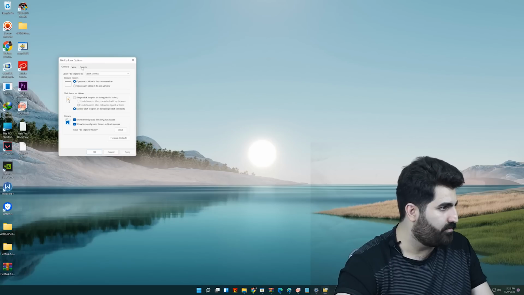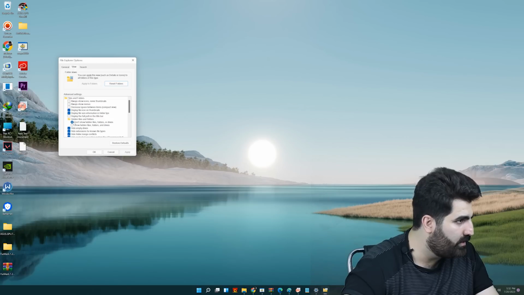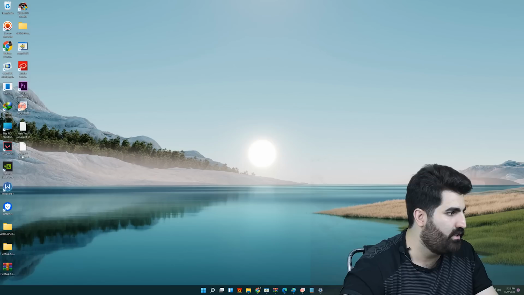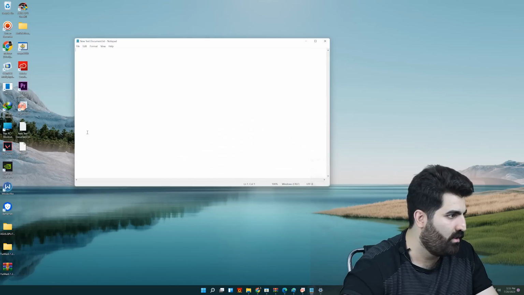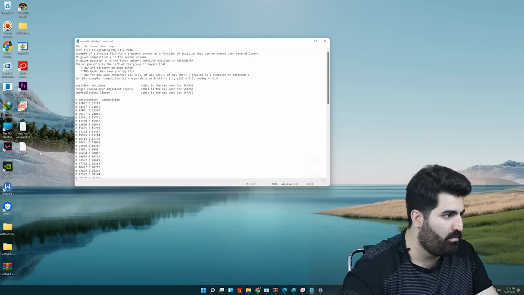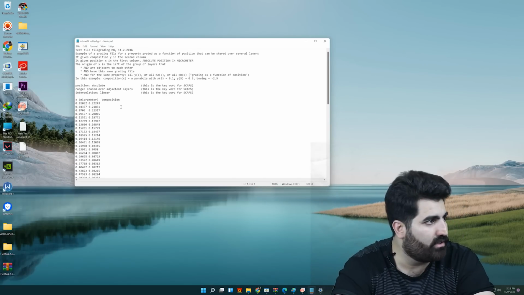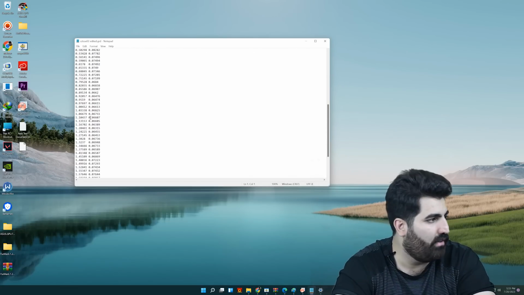In the View tab, we must show the extension, and we must untick the hide extensions for known file types. After that, you can see the GRD file. Also, by dragging this file to Notepad, you can see the values, or maybe